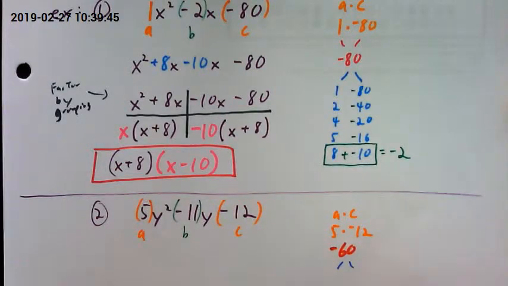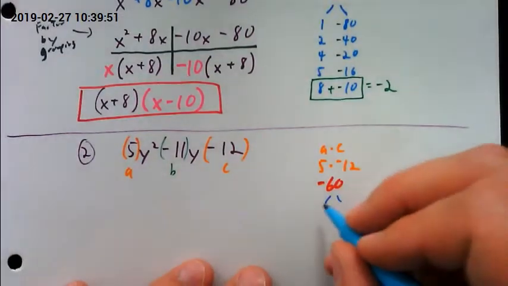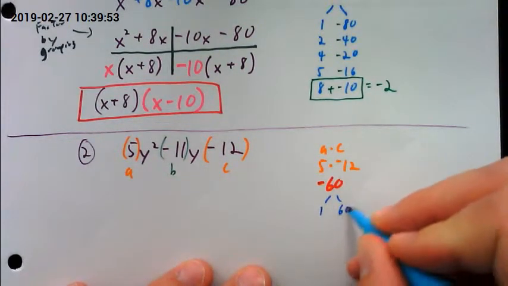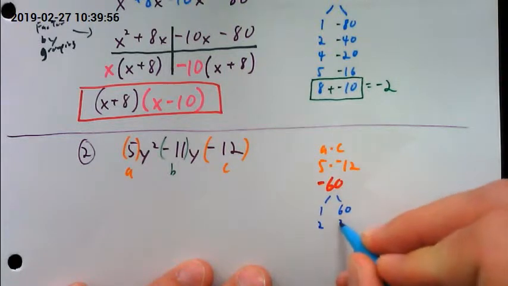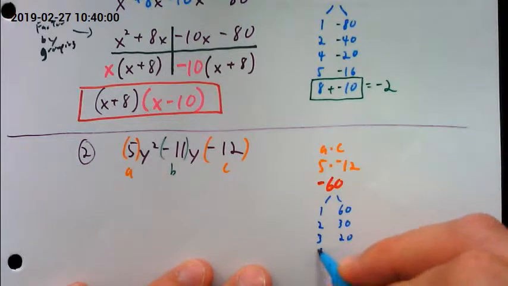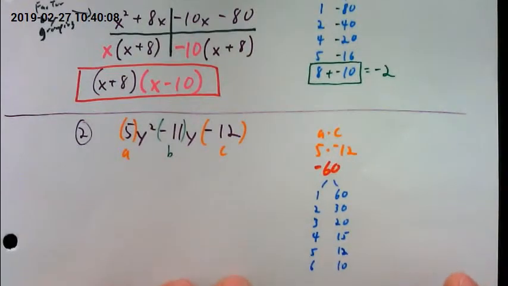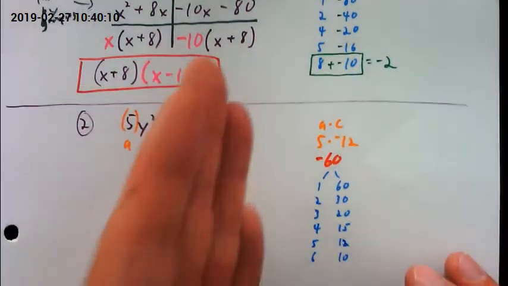From there, we're doing factors of that. So we have lots of factors of 60. Again, if you want to use your cheat sheet, you can. We have 1 and 60. We have 2 and 30. We have 3 and 20. 4 and 15. 5 and 12. 6 and 10. Now, normally whenever I list my factors, I like to always list the smaller factor to one